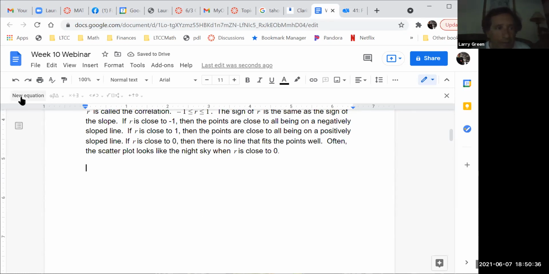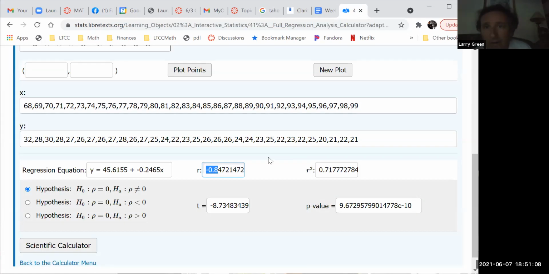So R squared, first thing, very basic, is the square of R. Which doesn't really help you understand it at all. So the first thing is it's best to make it a percent instead of a decimal. So let's look again. Our R squared is about 0.72. So our R squared is about 72%. Any questions on that?